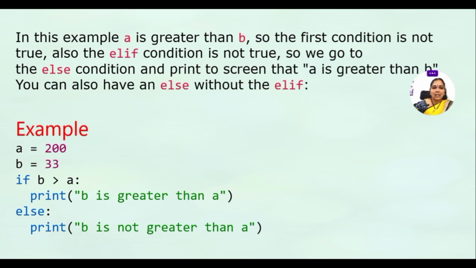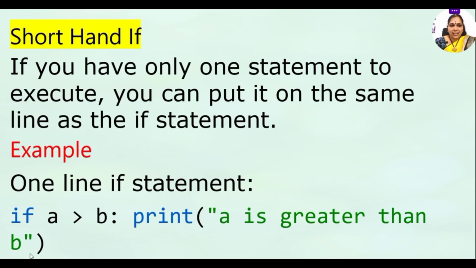Okay. Now the next one is completely only the if else statement. In the if else statement, if B is greater than A, the condition is true, it follows the statement, else you have to follow the other statement. This is another level of if conditions. Now another format of the if statement is called the shorthand if statement. That is, we can write if one condition and print the statement like print A is greater than B in a single line. So that's why it is also called the shorthand if statement. So if we have only one statement to execute, you can put it in a single line, and we can write like this also in Python.